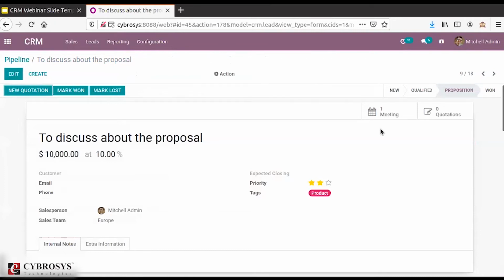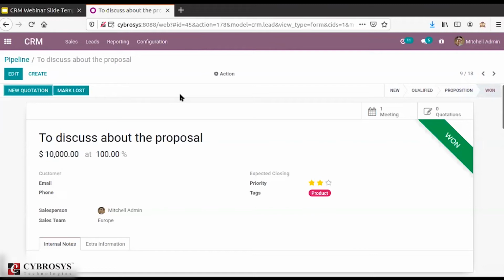Then we have the options over here, whether we want to mark it as won or lost. Suppose you are okay with this opportunity, what you can do is mark it as won. Automatically it will move to the won stage.